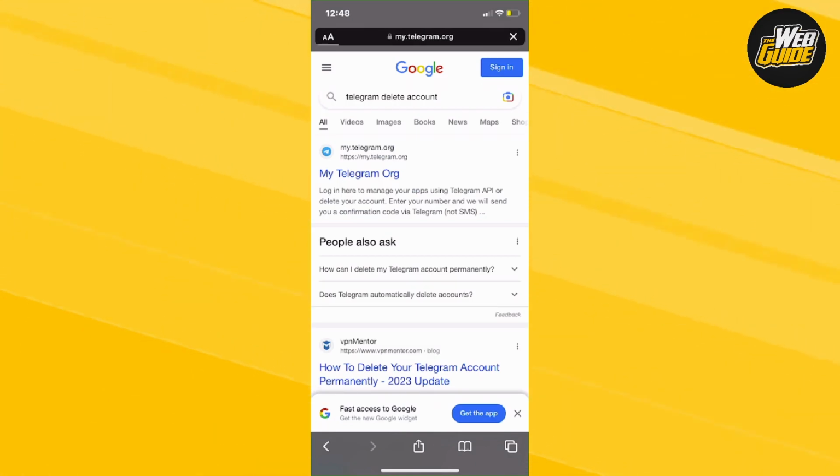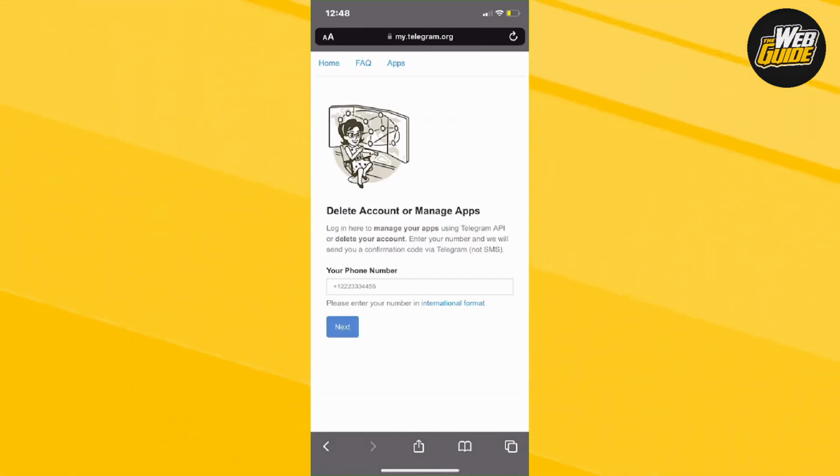Once you click on it, you should get a page that says delete account or manage apps. All you have to do here is put in your phone number. Once you put in your phone number, you will eventually get greeted with a few options,